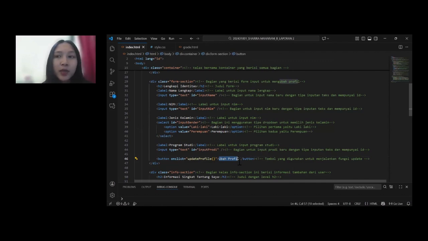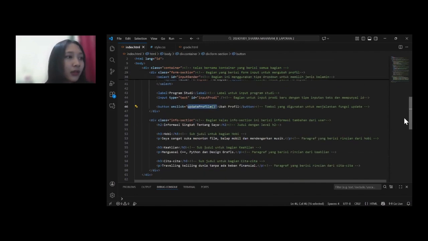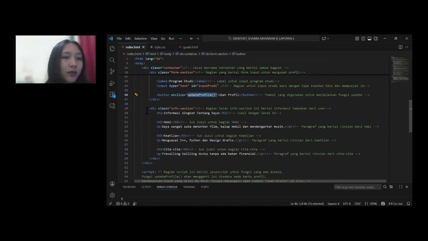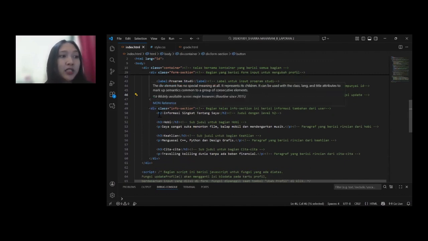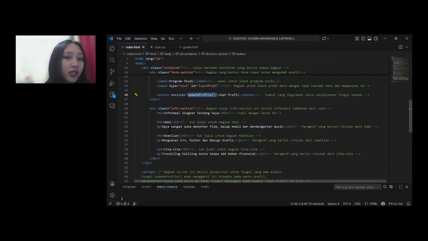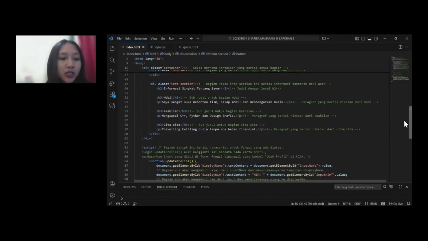When this button is clicked, it triggers a JavaScript function named updateProfile. Next, at the bottom of the page, there is an information section which contains a short description about hobbies, skills, and personal aspirations. Finally, at the end of the page, there is a